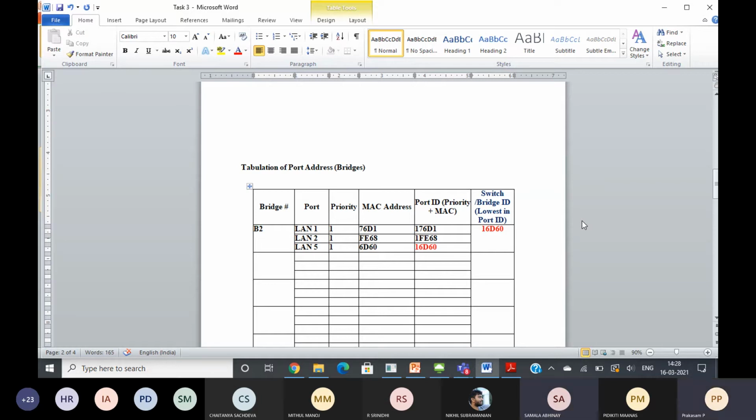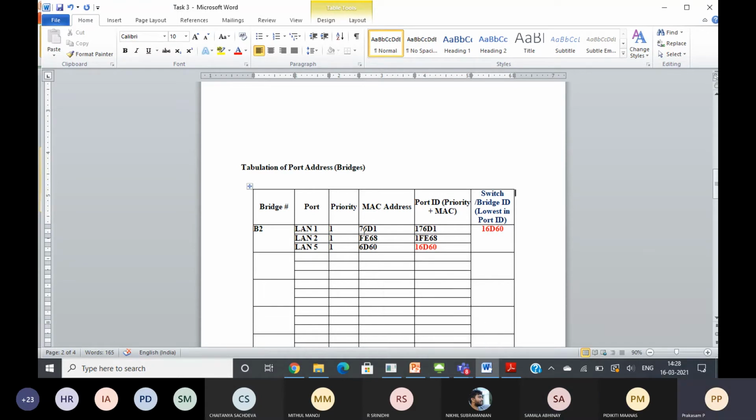Priorities we will assume as 1, 2 like that. You are asking about the port ID.